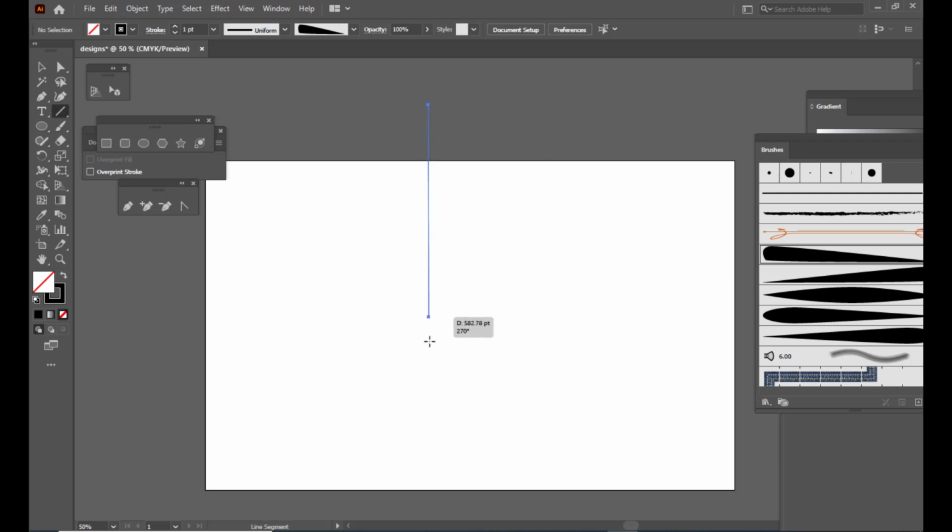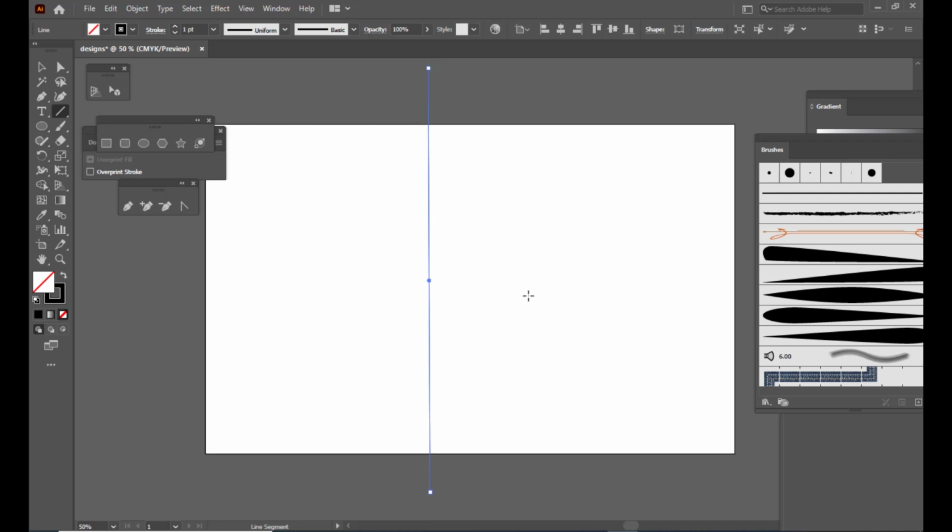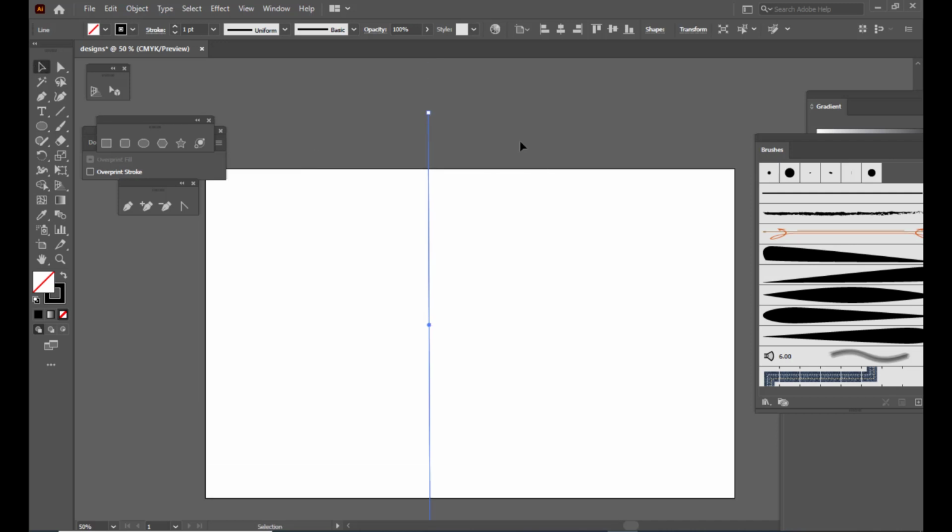We can just create one line here, and if you think the line is not straight, you can simply hold Shift and create, and then you can click on align horizontal center. Here we have an option, align horizontal center, so the line will appear exactly at the center of the document. And make sure that you select align to artboard here. Right,